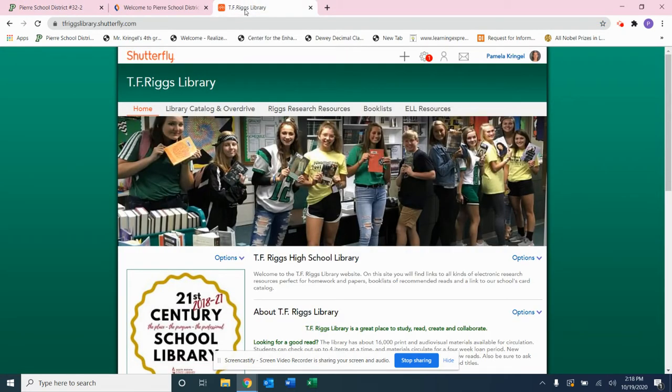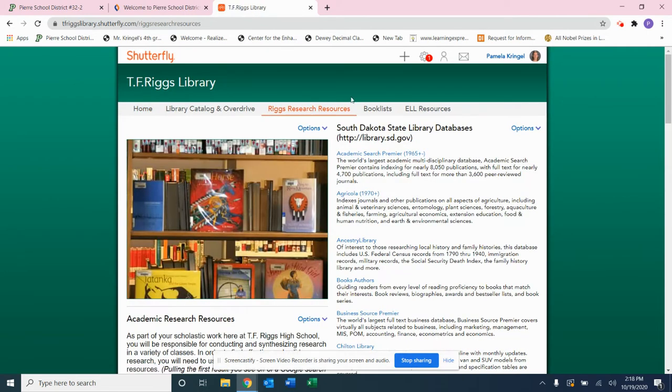Once you're on the TF Riggs Library homepage, we're going to go to this tab right here that says Riggs Research Resources. Just a reminder that our databases are over here under the heading South Dakota State Library Databases. That's because the South Dakota State Library pays for the citizens of South Dakota to be able to use them. They pay about $1 million a year. As long as your device is within the boundary of the state of South Dakota, you can use these databases,